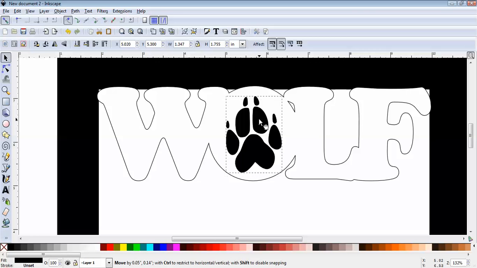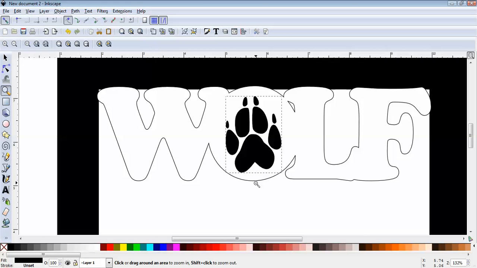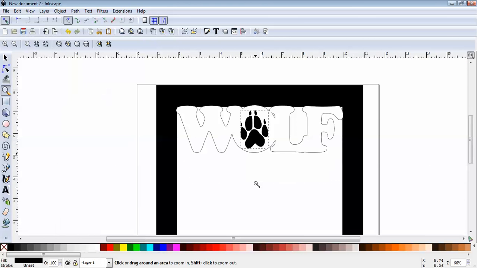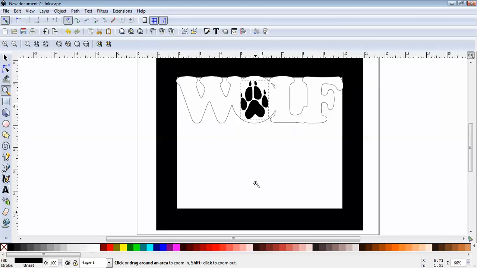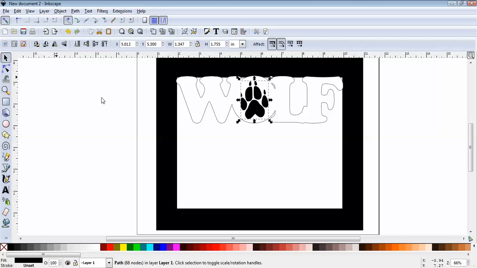And now, if we zoom out, we have the wolf word art in a frame. Everything's lined up, and we even have our cool wolf paw in the middle of it. Well, kind of, so let's adjust it just a little bit more. And now we can go in and add whatever